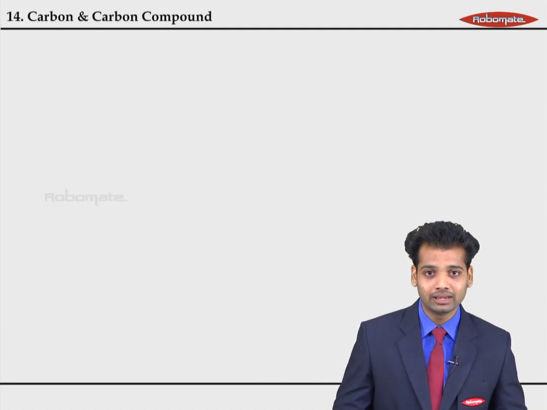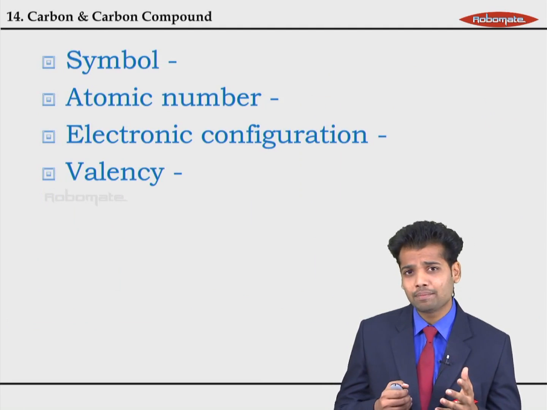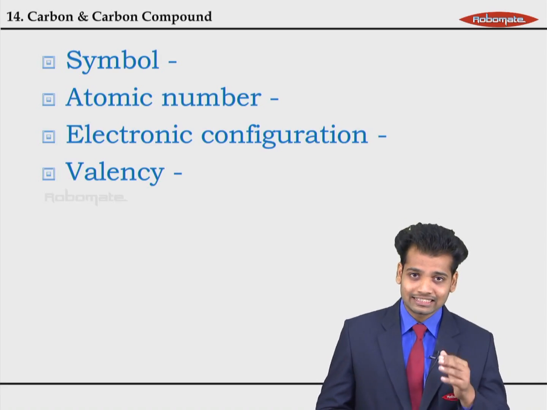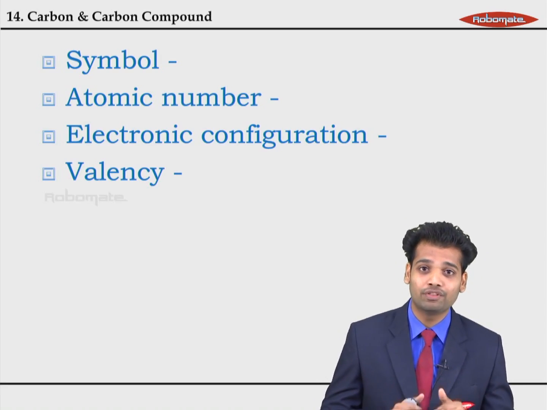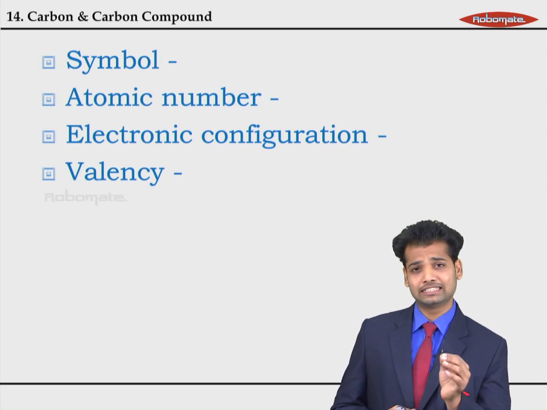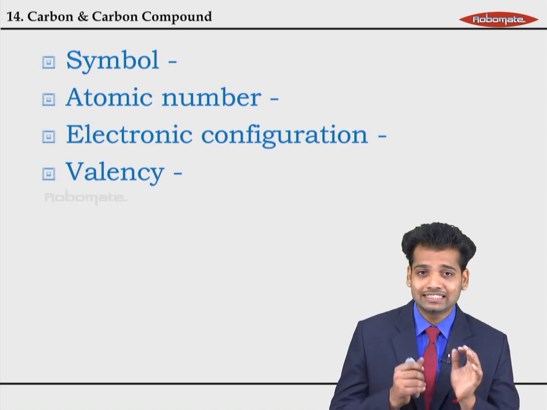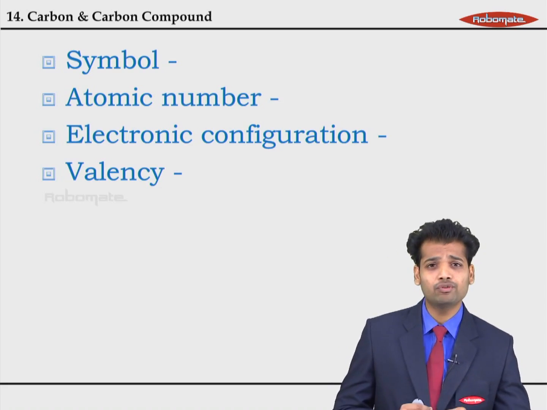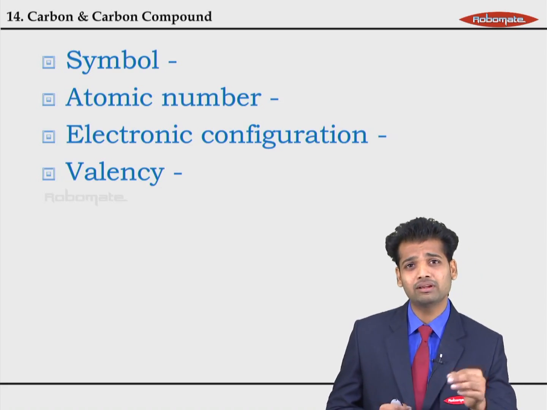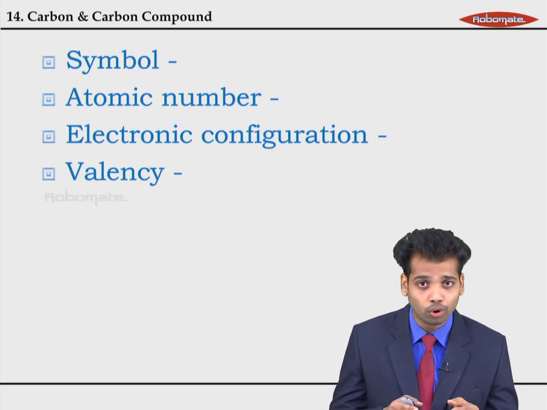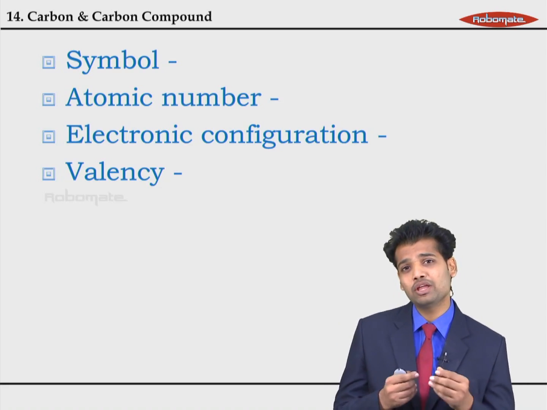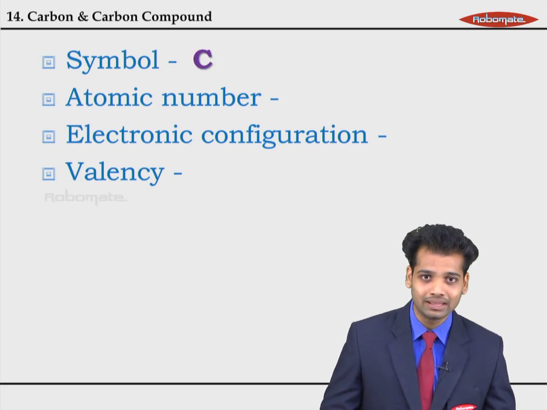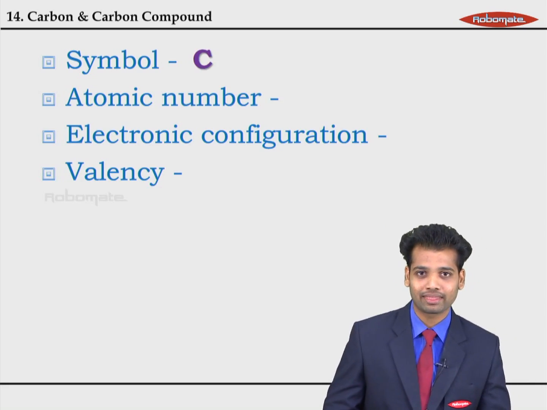This carbon element, what is this carbon element? Let's understand this carbon element and its properties. This carbon element is the sixth element of the periodic table. If it is the sixth element, it will have 6 protons and 6 electrons. But imagine you have to write all the time carbon, carbon, carbon. You'll get bored, won't you? So scientists have made your work easy by giving a symbol to this carbon. The symbol of this carbon is a capital C.